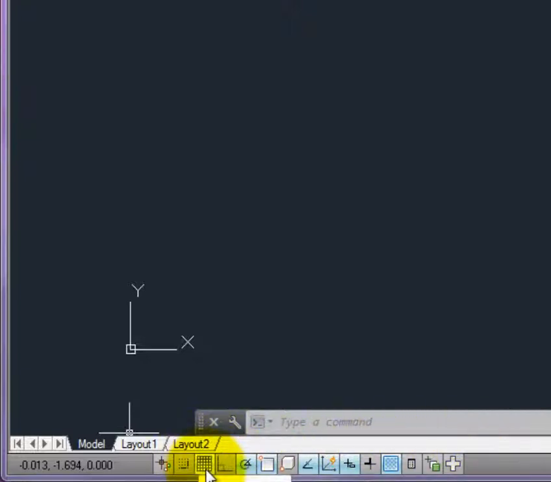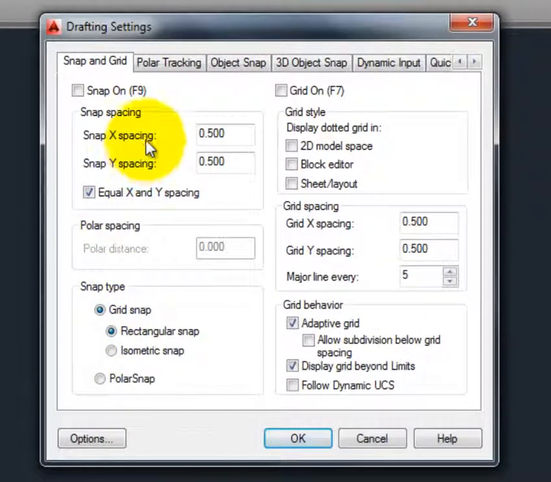And before I turn it on, I'm going to do a right click and look at settings. When I do that, I get this dialog box that will allow me to set up all the other parameters for any of the other drafting settings I'm going to use. If you look at the Snap and Grid tab, we're going to look over here in this area at the grid